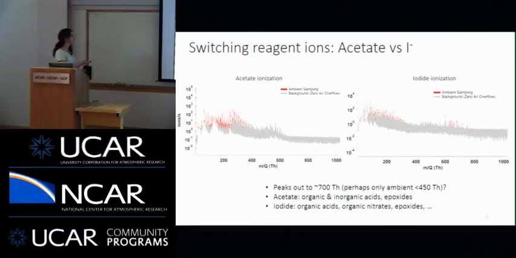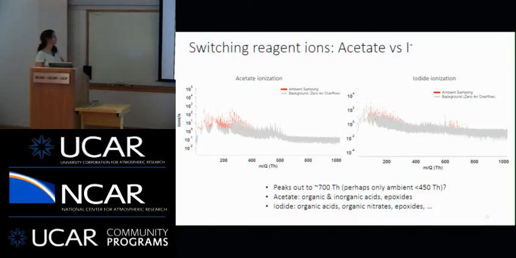But then you still see the red, which is the actual measurement in this case. And you still see a huge number of peaks. So there are a lot of molecules in the atmosphere. That's what we get out of these figures. Lots and lots of different molecules. Here again in I-, we still see above background some of these really high molecular weight compounds, but we don't really think they're real because the background does shift a little bit. So background is a really big issue in these measurements.